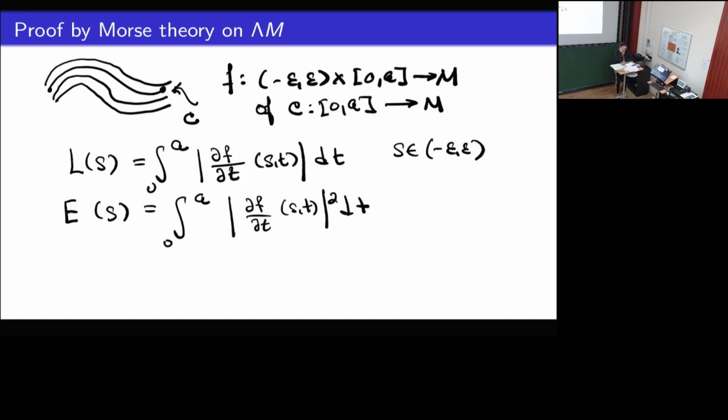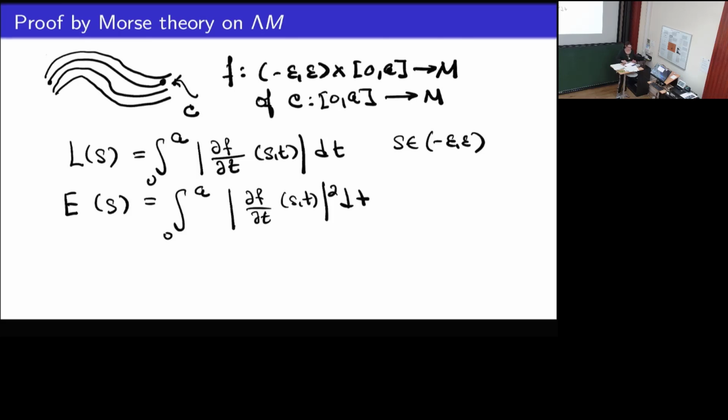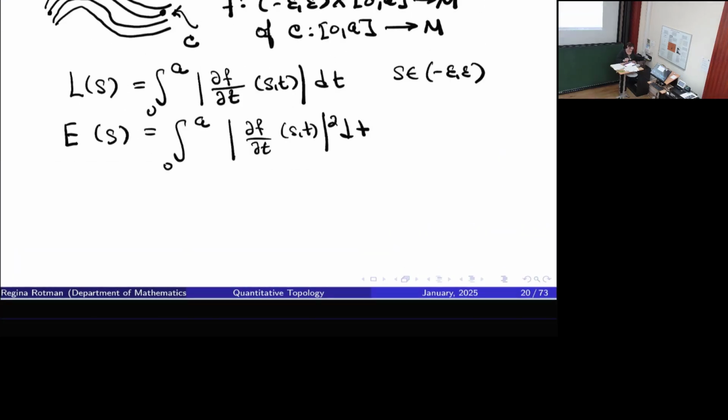The energy and length are obviously related, but sometimes the energy is preferred because it's easier to differentiate. What we note right away is that critical points of the length and energy functionals are geodesics, and it depends on the type of space we're looking at. For example, we can look at the space of piecewise differentiable curves on M